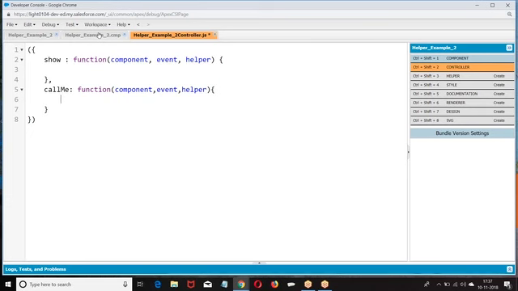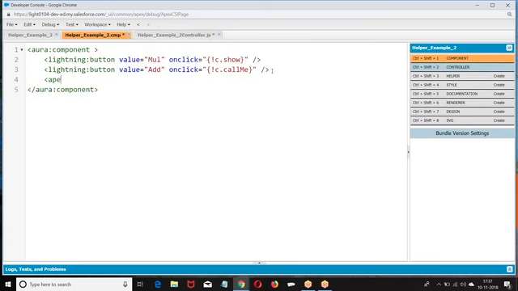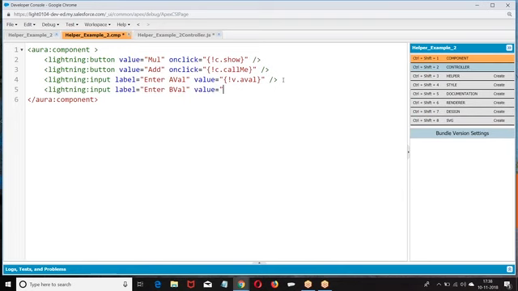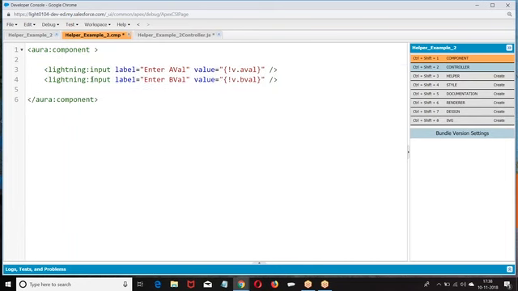Generally, what I want to do is create two attributes here.